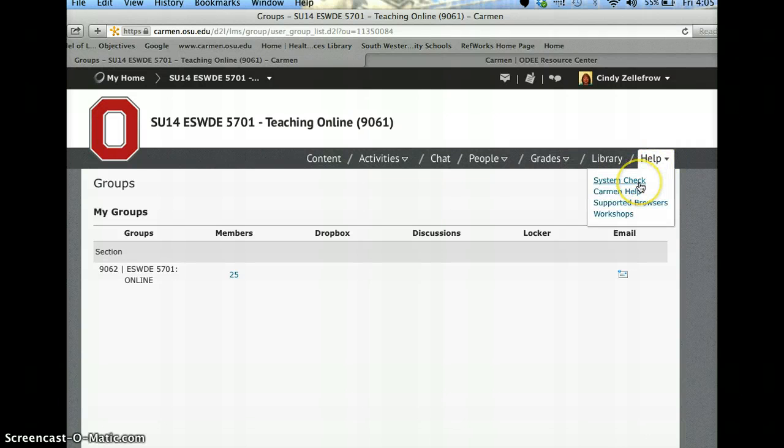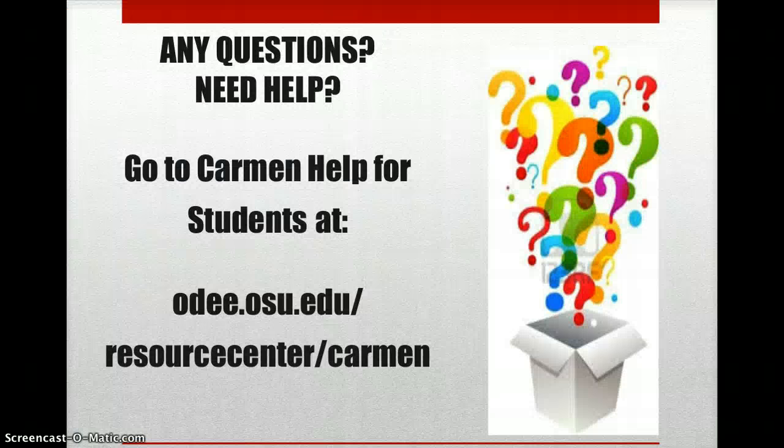Help allows us to do those system checks, ask any questions, or find more detailed information about using Carmen, what browsers are supported, and gives you information about workshops so that you become more savvy at working on Carmen. Carmen offers a rich platform to enhance learning and collaboration. If you need help, though, or have any questions, feel free to go to Carmen Help, either by clicking on